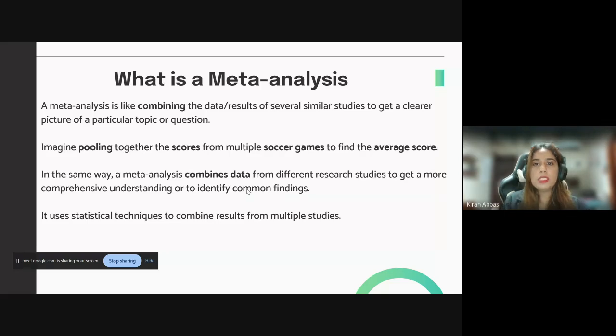Okay. Now, what is a meta-analysis? To understand this, just see that you have different RCTs. As I said, you have an RCT from Nepal, you have an RCT from Pakistan, you have an RCT from Bangladesh. And what you're going to do in a meta-analysis is combine all the studies together, and